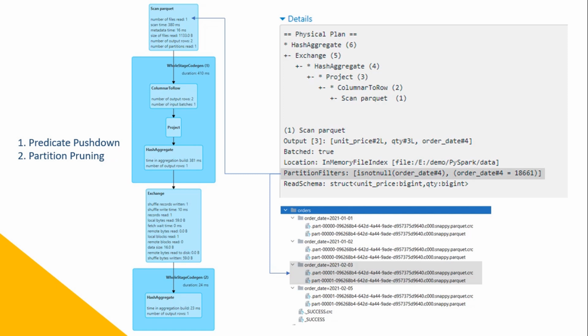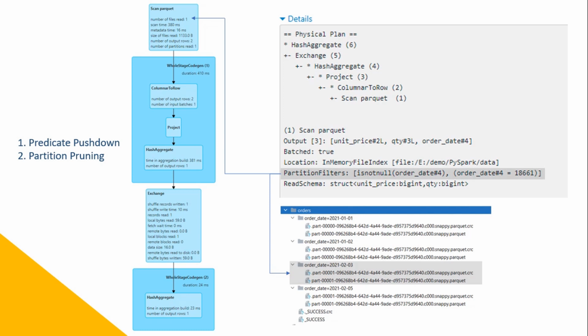The predicate pushdown means Spark will push down the where clause filters down in the steps and apply them as early as possible. I mean, Spark will not try a typical sequence to read the data first, then filter, and finally calculate the sums. No, Spark will push the filter condition down to the scan step and apply the where clause when reading the data itself. Make sense? Great. But predicate pushdown doesn't help much unless your data is partitioned on the filter columns.